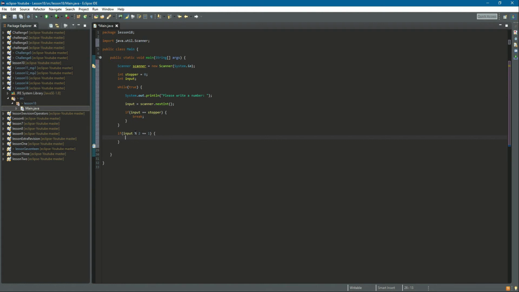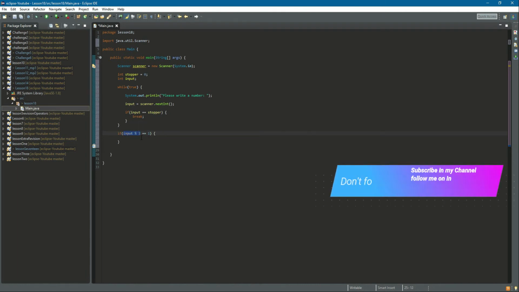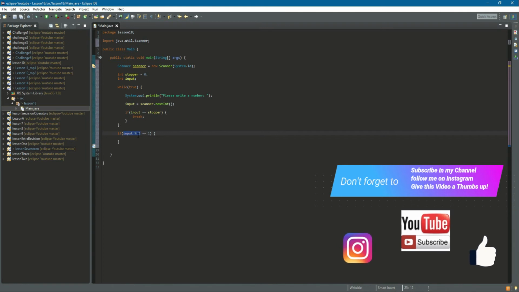So what do we say here? We say that we take the input from the user. So let's say that the user gives the input of 5. Then we divide this number with 2, and if what remains is the number 1,